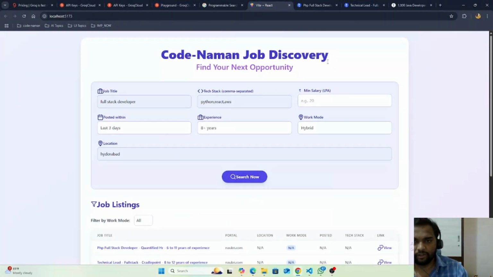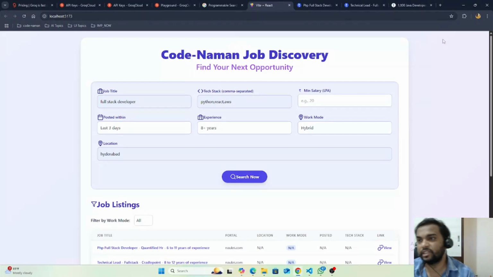So that is the only reason I wanted to say why I am not using the automation tool, and why I'm using these search engine APIs. It was learning for me, so I thought I should tell you guys how you can do web search.